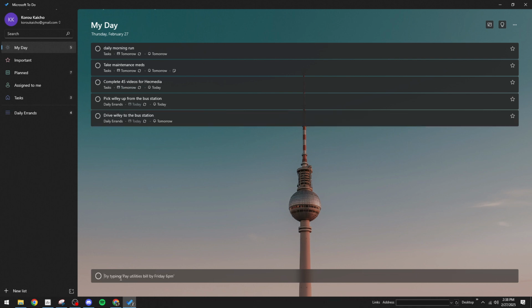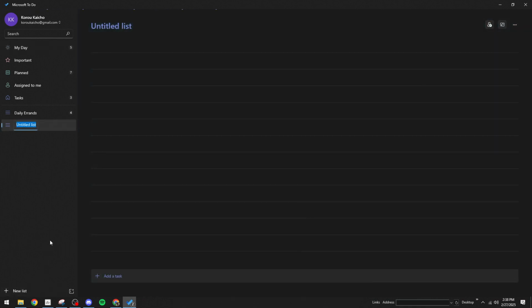Next, organizing your tasks effectively is crucial for a productive workflow. You can create lists to group similar tasks together. Perhaps you want a list for work-related items, another for personal errands, and so forth. These lists can be further organized into groups, which help you categorize them even more intuitively. And if there are tasks that you want to prioritize for the day, you can add them to My Day